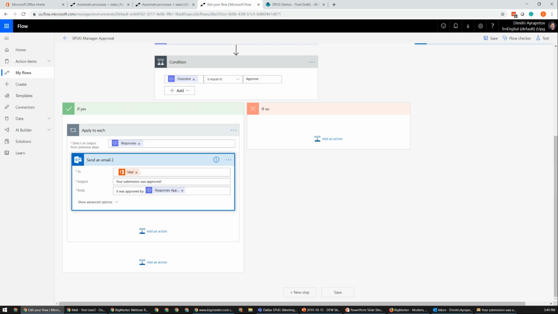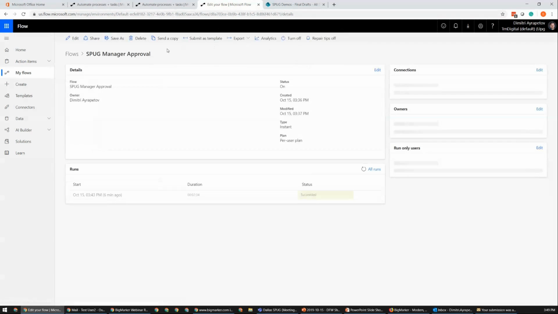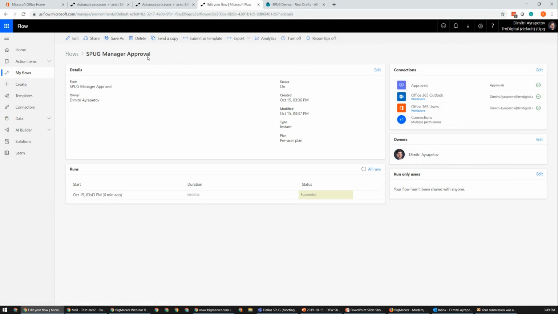Great question. So flows by design need to be attached to some type of trigger. So you can come back into here. You can make a template, or you can save a copy or send a copy of a flow. And ultimately, you can have multiple of these flows that you create on behalf of the different users and connect it to the libraries that they choose. So you have that option.